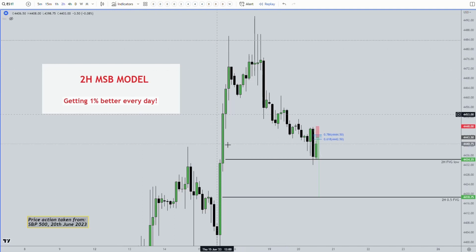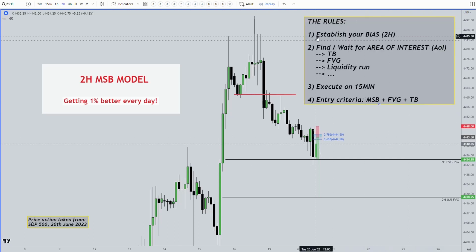So zooming out to the 2-hour time frame here one more time, we see that on Friday indeed we did reject from this pool of daily liquidity and also did break down then on the 2-hour time frame. At the latest here, our market structure would have been broken, and adding on our rules, we thus yesterday, as we couldn't reverse this trend, had a clear bias for the day, which was to look for shorts within number 2, an area of interest on the 2-hour time frame.